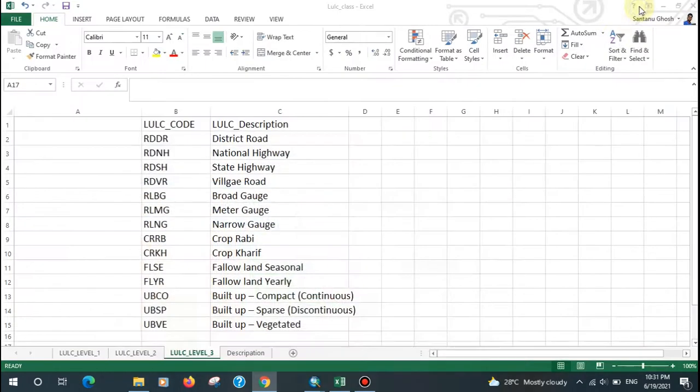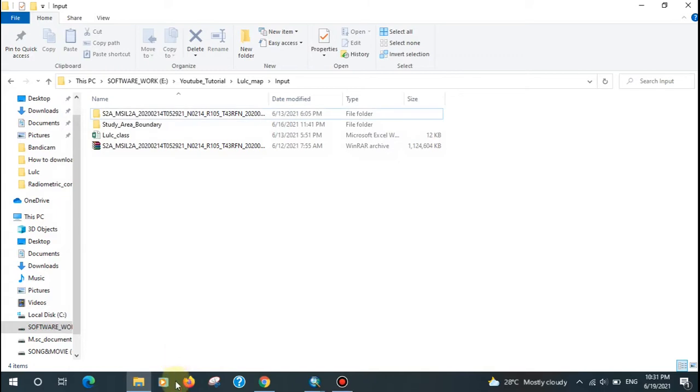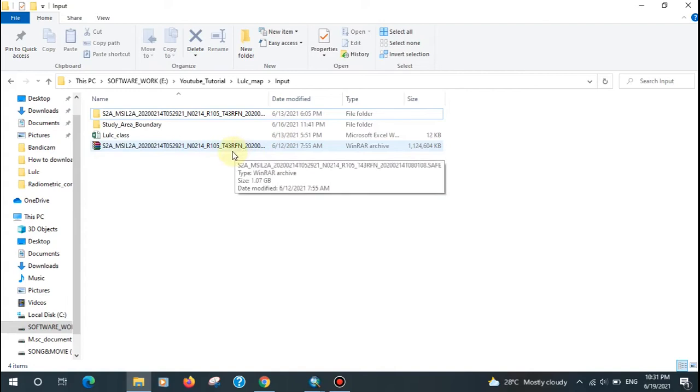Okay, so at first you need a satellite image to create the land use land cover map. Here I am using Sentinel-2 with 10-meter spatial resolution.